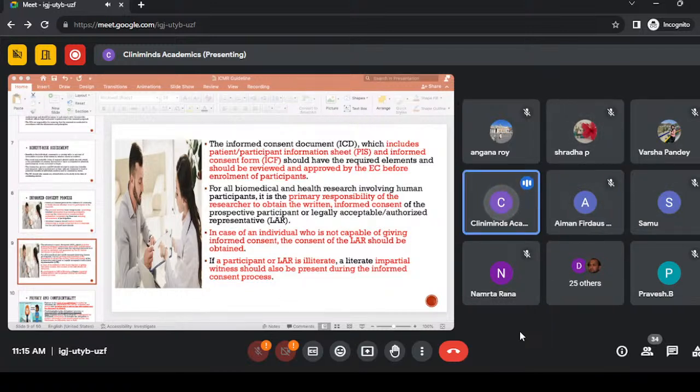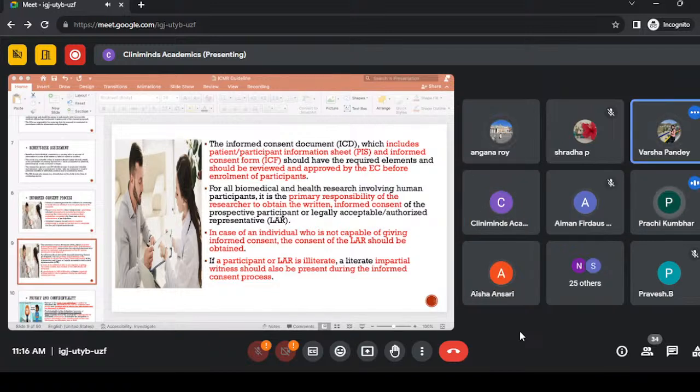If the husband is not in a mentally sound position to take the decision for participation in the research, then the wife will be the LAR, and vice versa. Okay, so if the subject is not capable enough to take the decision or sign the informed consent, then we can ask their LARs to sign on behalf of the subject to confirm their participation